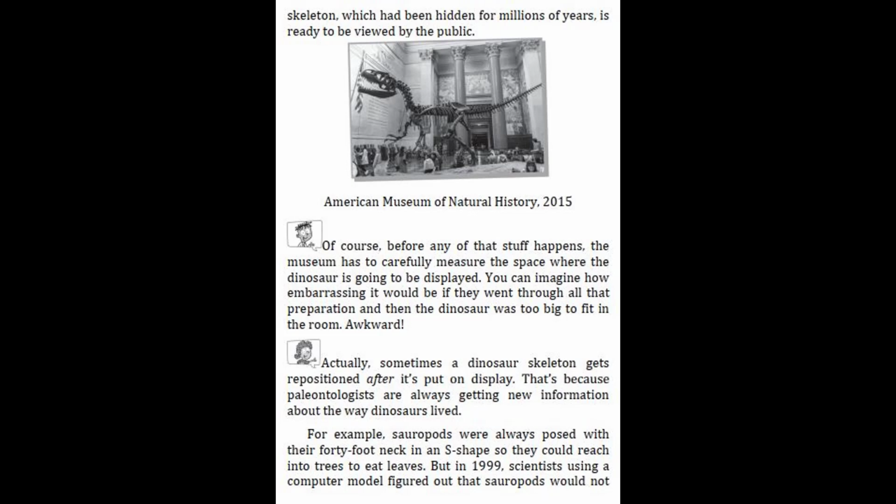Actually, sometimes a dinosaur skeleton gets repositioned after it's put on display. That's because paleontologists are always getting new information about the way dinosaurs lived. For example, sauropods were always posed with their 40-foot neck in an S shape, so they could reach into trees